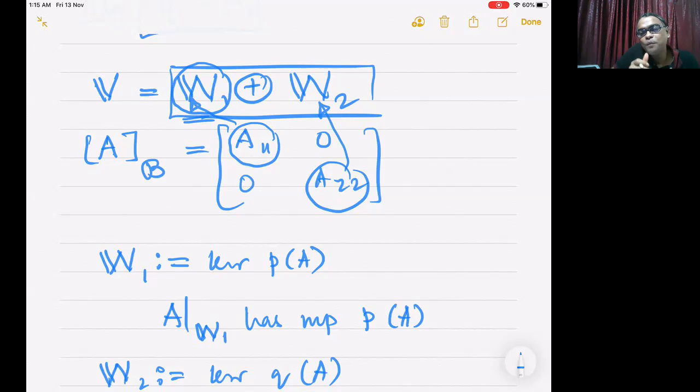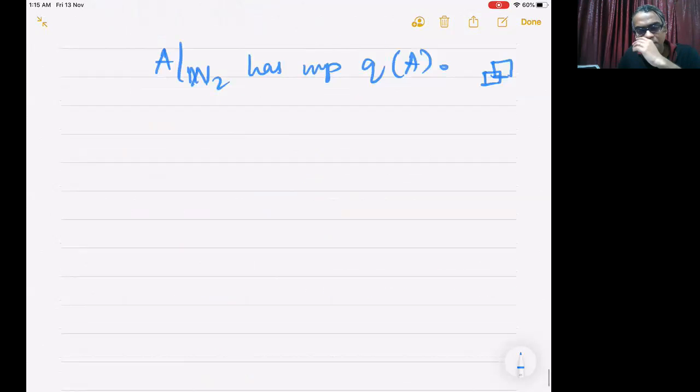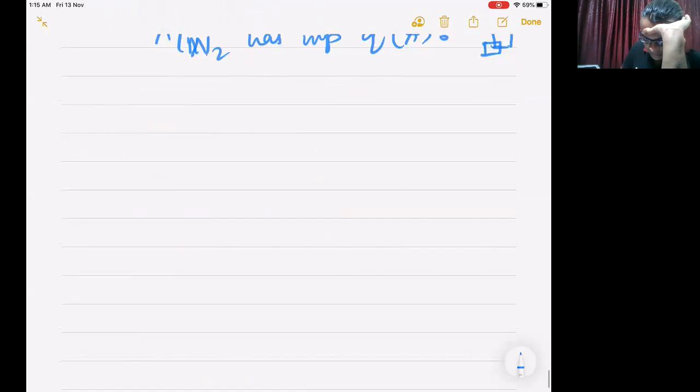So W1 as well as W2 can be broken up into such two pieces. Those pieces can further be broken up, which would correspond to further co-prime factorization of those polynomials, right? So in the end, what we get is the following. By repeated application of the co-prime lemma, what we'll get is